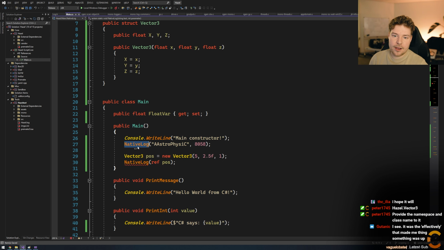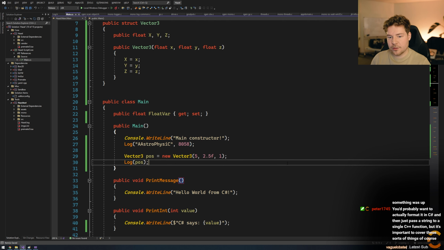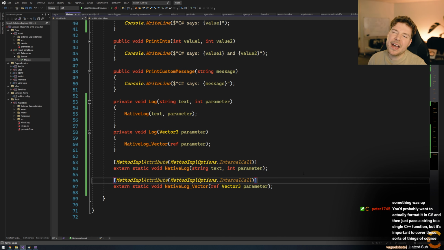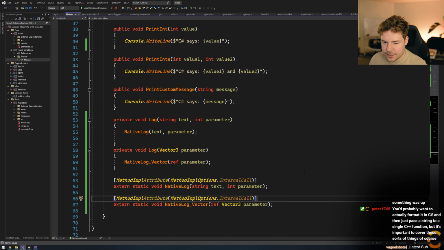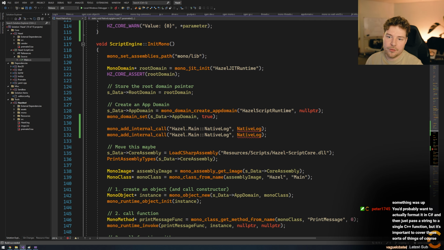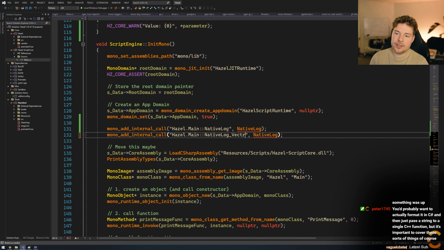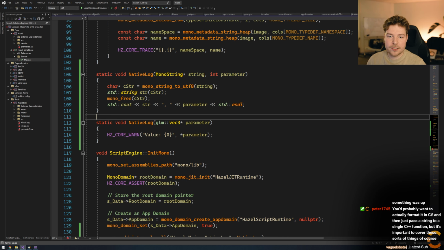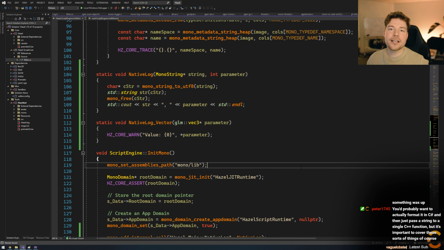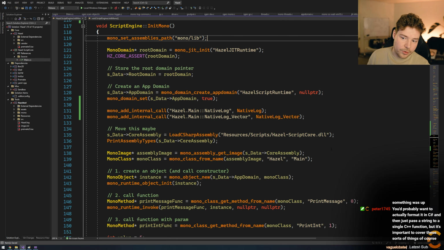And then from here, obviously now it doesn't matter. You just call log and you just call log, and this isn't even a ref, and everything looks a bit better, right? So you can just wrap it up like that. And I imagine that it'll get inlined and sorted out correctly, and everything will be fine. So don't worry too much about overhead. Native log vector, and then you'll also make a vector version just to make this a bit easier to understand. And there you go. You can be all like C style with it, meaning there are no overloads.